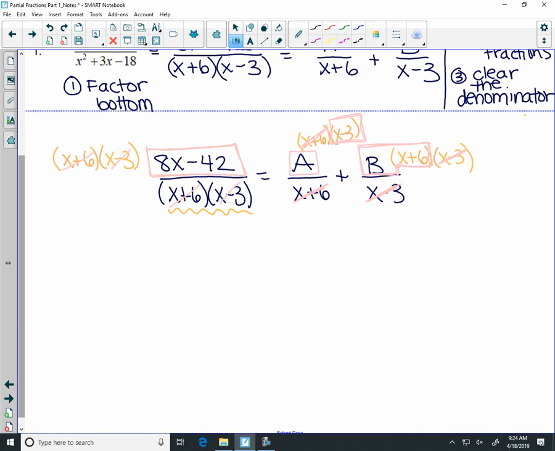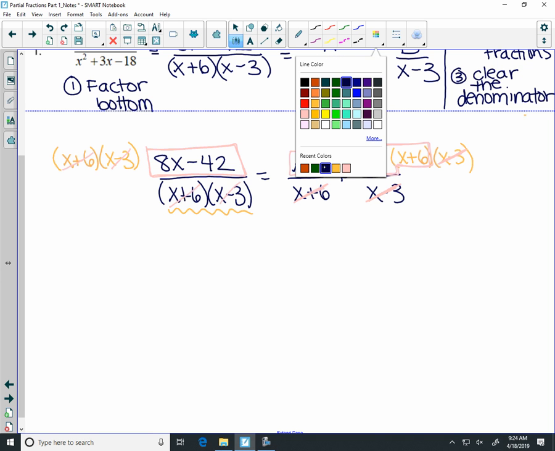And now I'm going to write that mess out back in this pretty navy blue color that I was